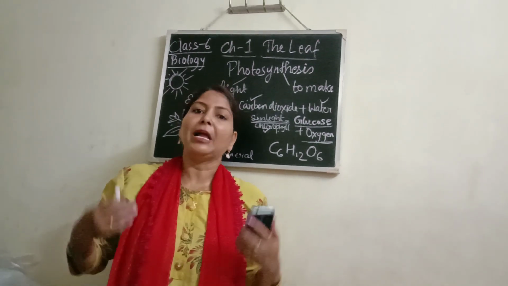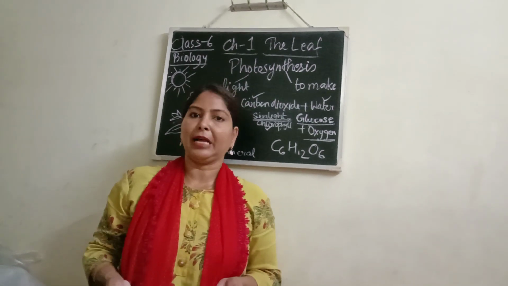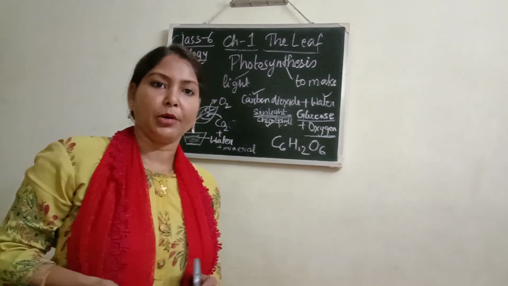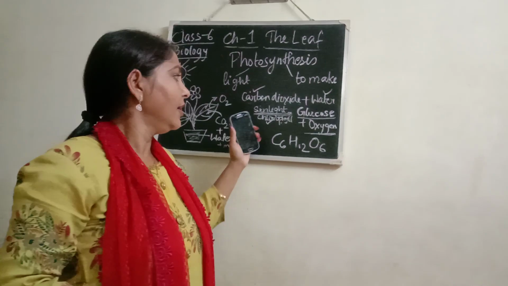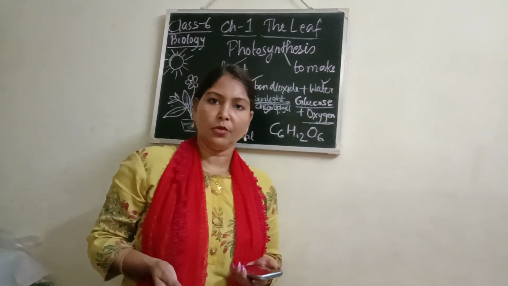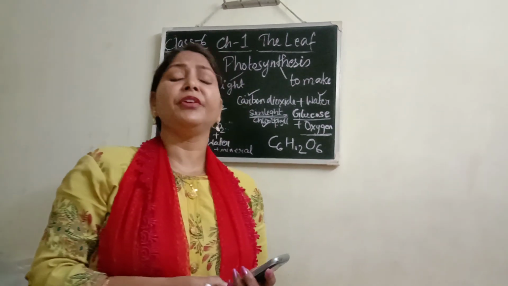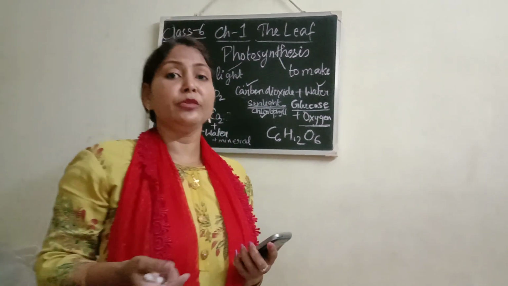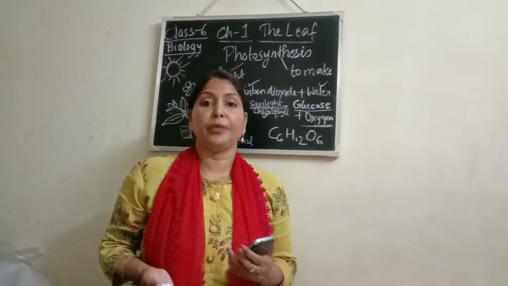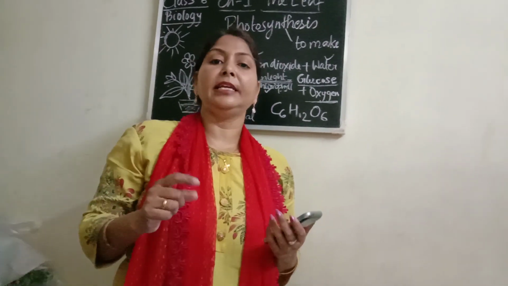And why is photosynthesis needed? It is needed for the plants to grow, because it's the food for the plant. Okay, so that is why photosynthesis is important, and these are the essential things needed by the plants for photosynthesis. Now how photosynthesis occurs in a very detailed way, that we will learn in the next video.